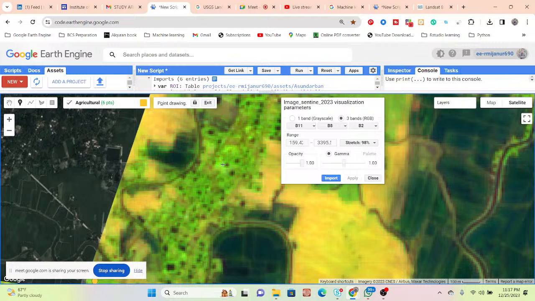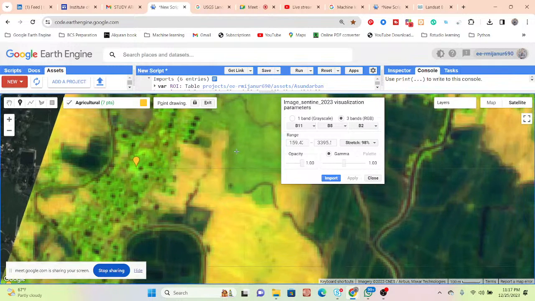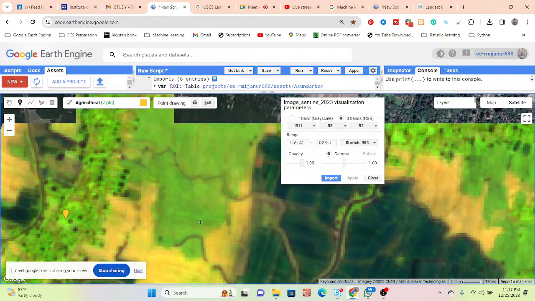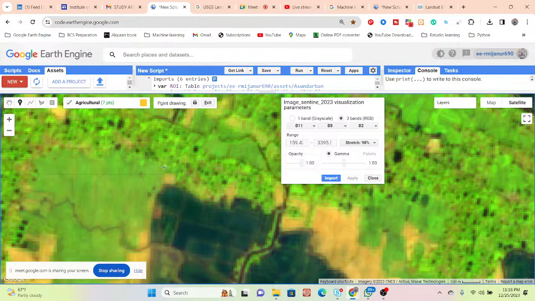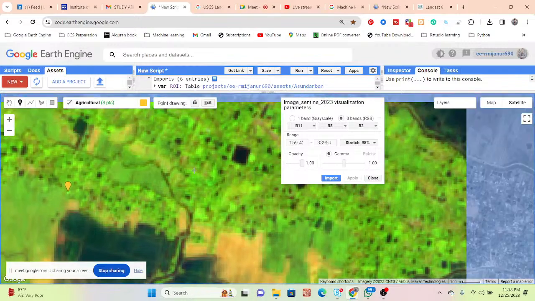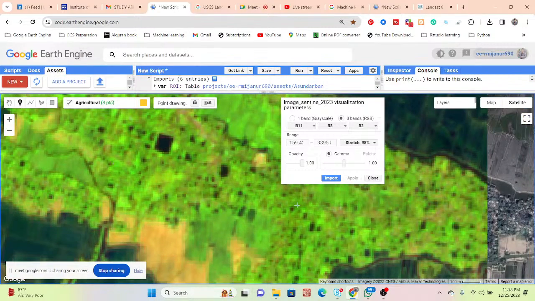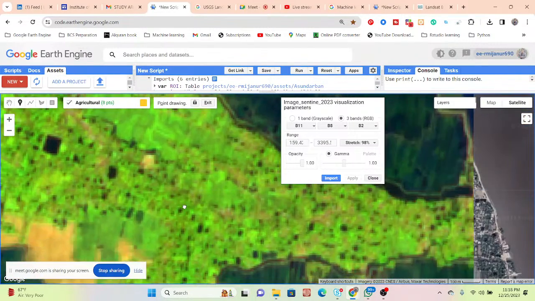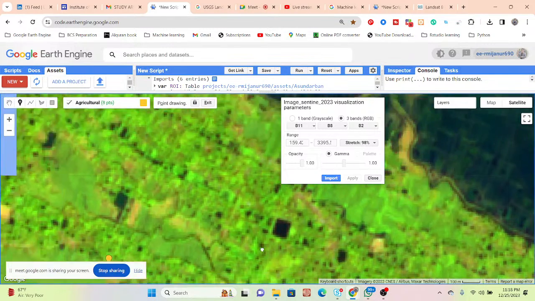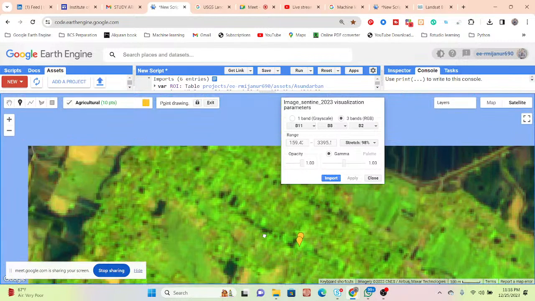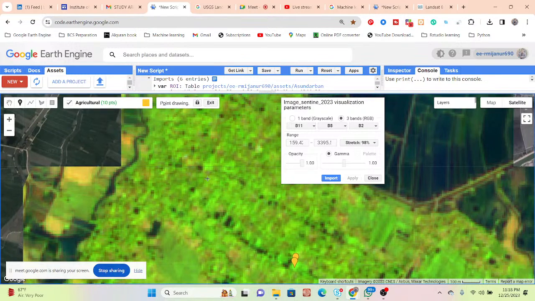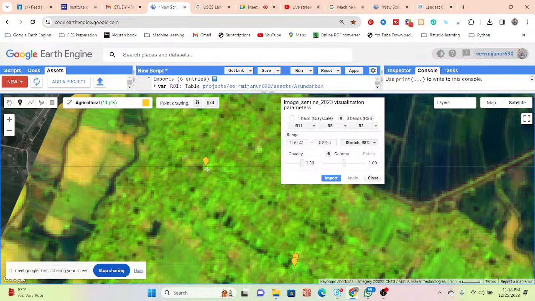Yeah, you can see some light green. So this type of green pixel we can see. You can see light green. So this type of light green identifies the agricultural land.